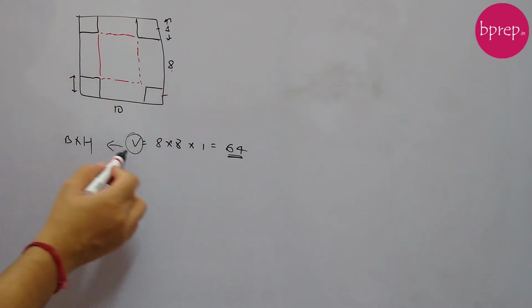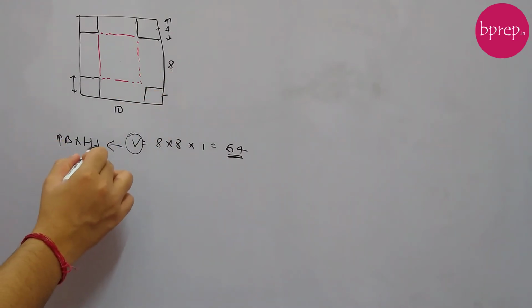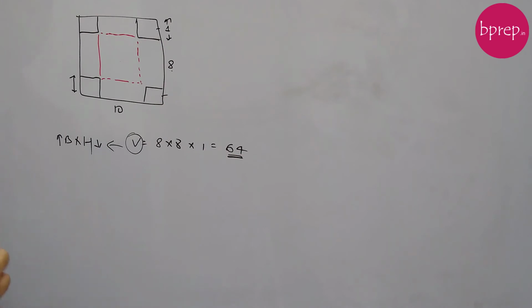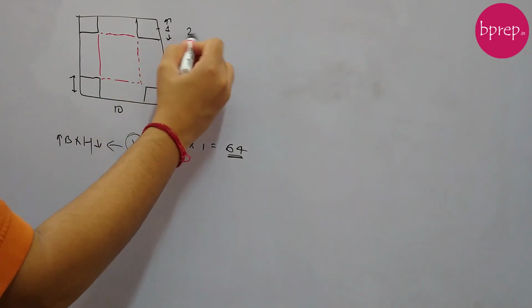So while we are removing the minimum portion from here and maximizing the base, because we are removing just 1 inch, the height of this box is also 1 inch now, right? So in this case, when we are removing just 1 inch, base is maximum but height is getting decreased a bit. So we should try for the next possible values as well. If it has to be an integer, what could be the next possible value? It could be 2 inch.